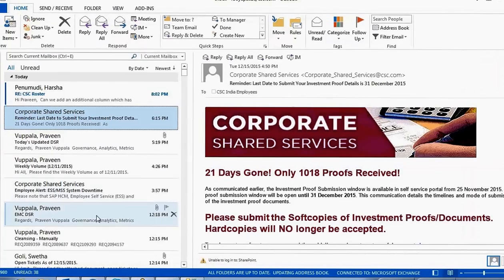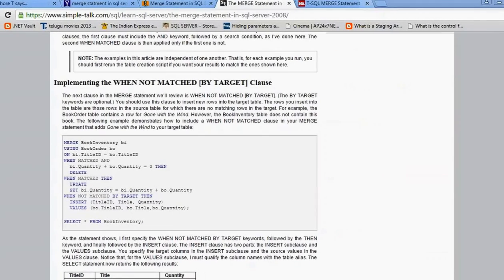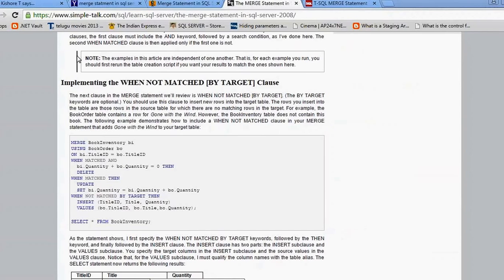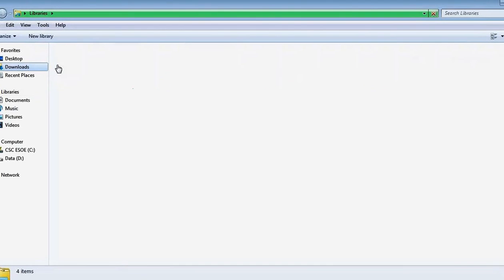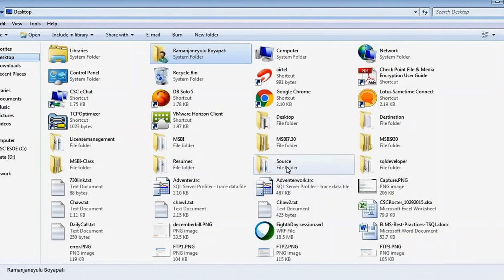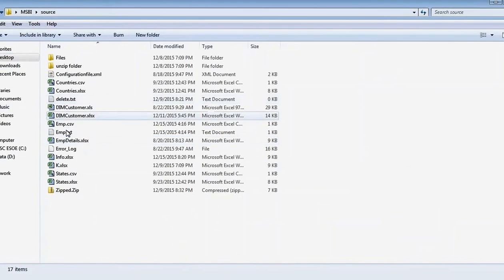So what I'm going to do here, I want to modify one record in your Excel sheet. Okay, I want to modify which folder I have saved, MSBI, the source info file.